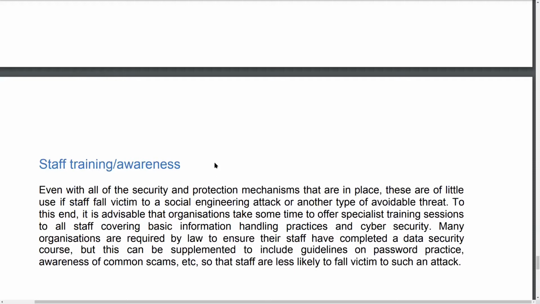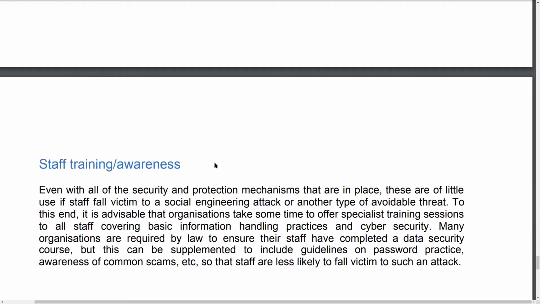People can leave passwords on pieces of paper. People can give away information on the phone. People can leave doors unlocked. So providing staff training on a regular basis can significantly increase cyber resilience and can also decrease the likelihood of